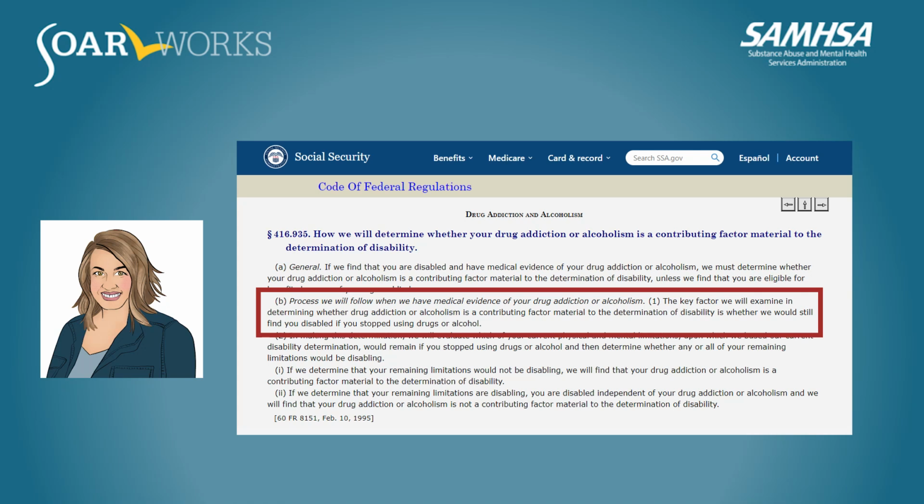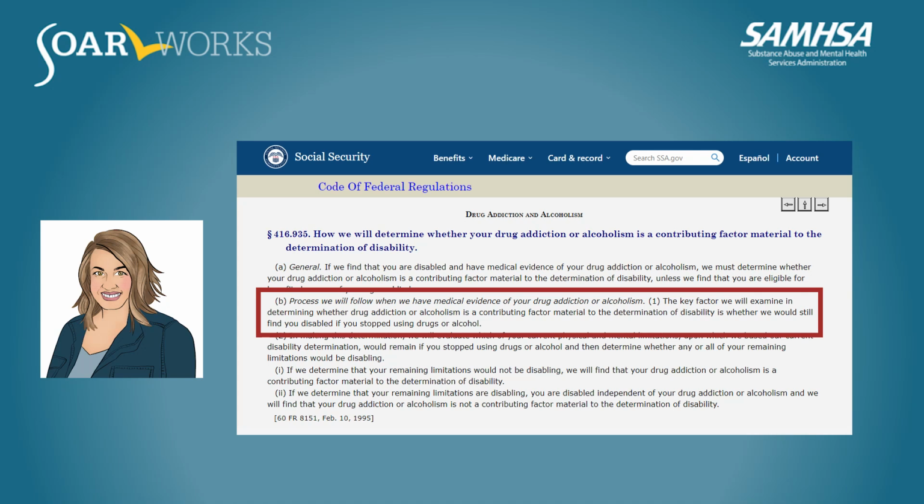This means that SOAR caseworkers need to provide accurate and convincing evidence illustrating that a person's substance use is not what keeps them from being able to engage in substantial gainful employment. Social Security needs to understand that even when the applicant is not using any non-prescribed drugs or alcohol, their impairments remain. When we provide this information, Social Security can determine that an applicant's drug or alcohol use is not material